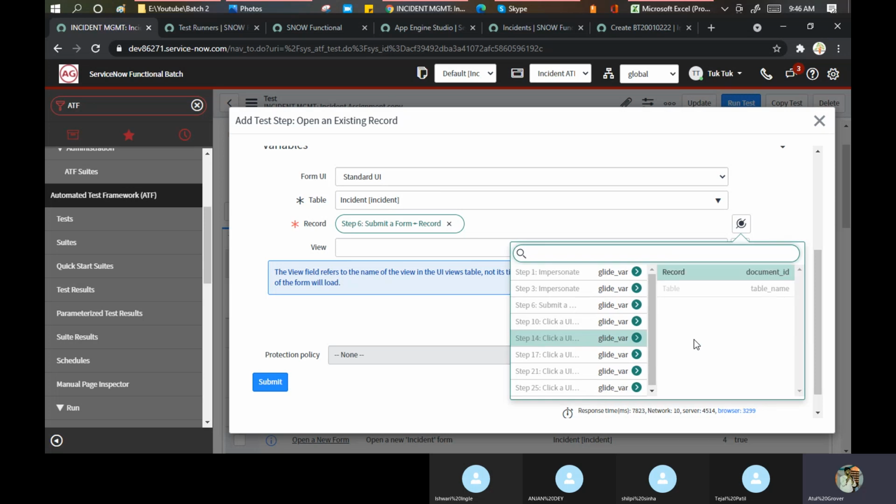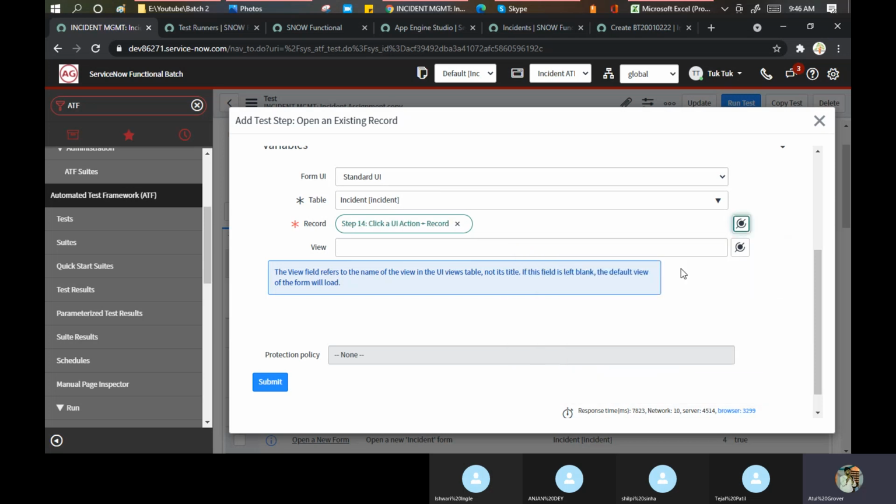Maybe I can click 14 number. On 14, the incident record will be created. I say I need that number. So in this way you can call it easily. It means, to know which test case, which incident number needs to be worked on to remove that particular problem, ServiceNow gives me this particular stuff.